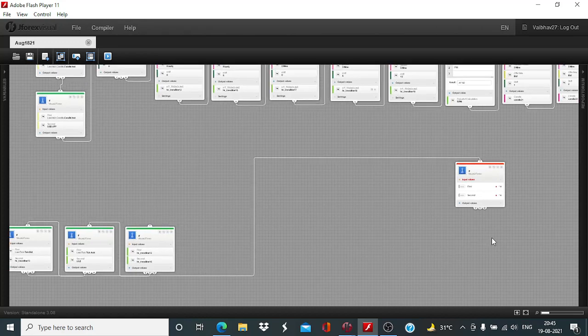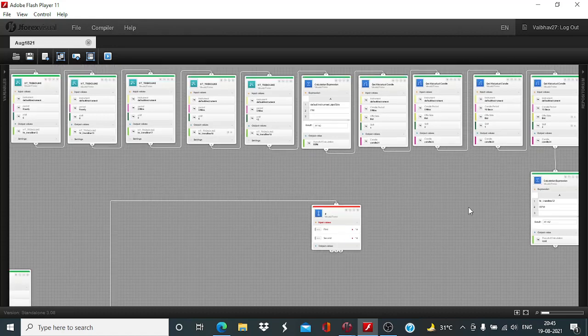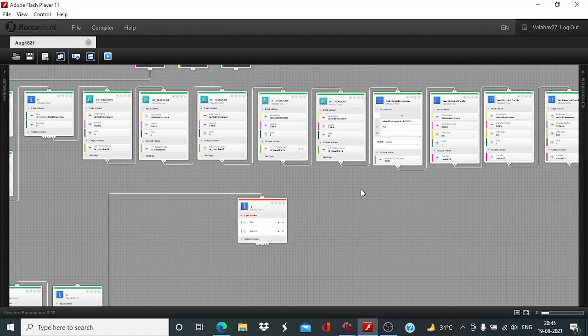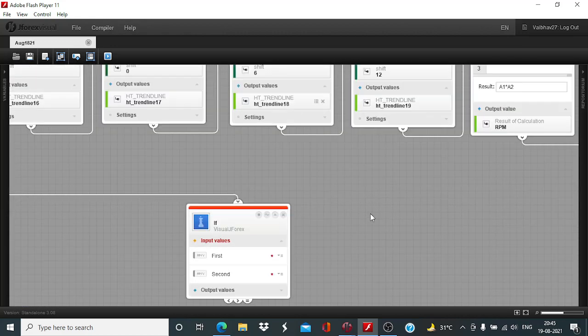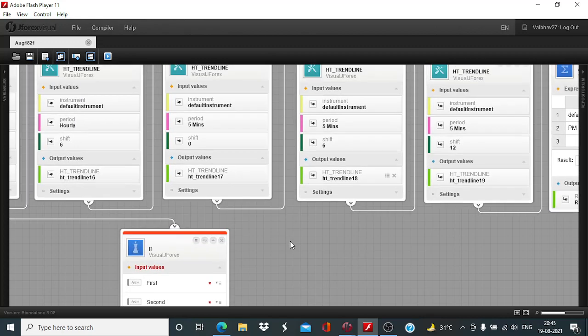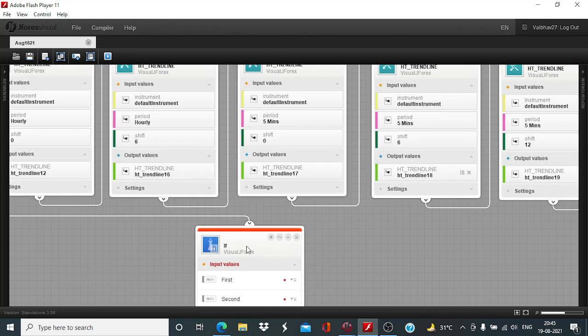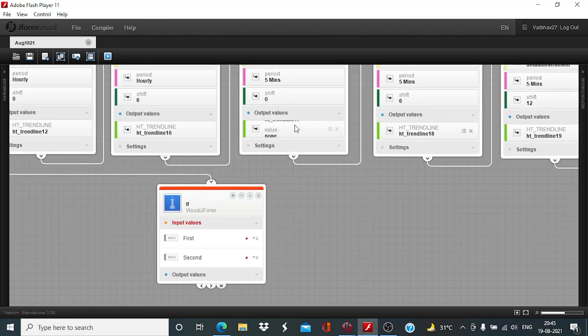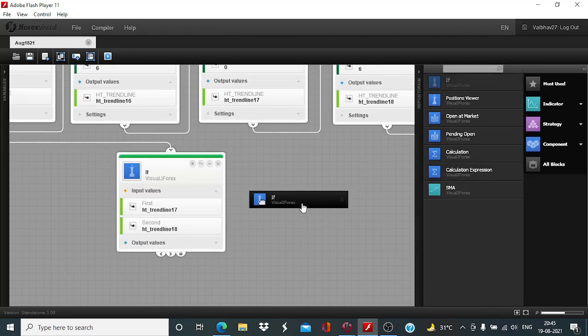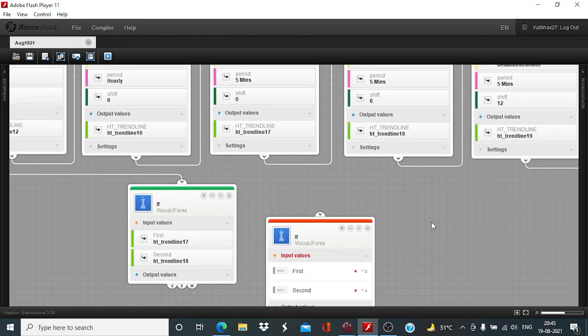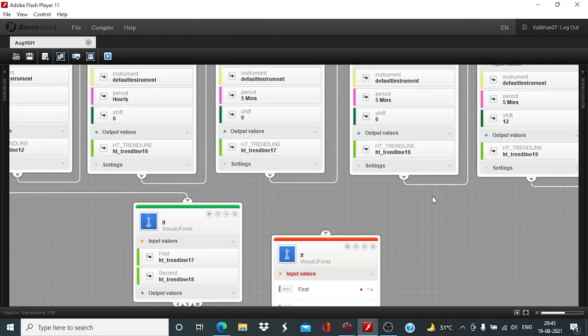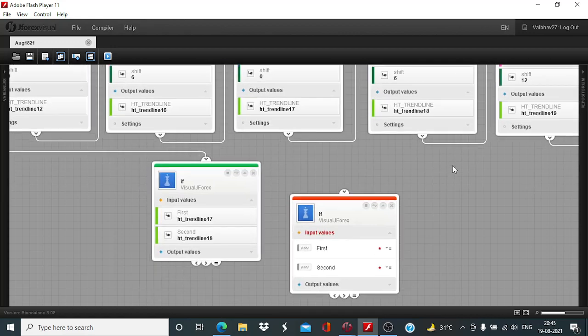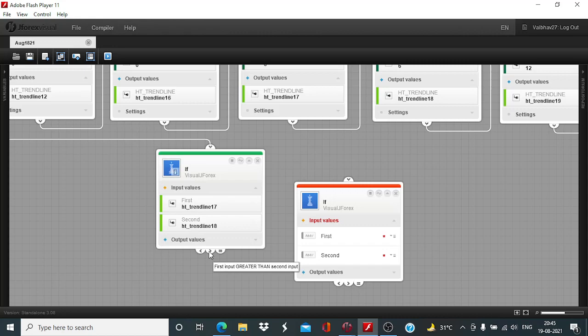Now we will turn our attention to the conditions which need to be fulfilled on the lower time frame of 5 minutes. Here on the 5 minutes, the current 5 minutes HT trend line output needs to be greater than the HT trend line output 30 minutes back, which we are getting using this 5 minutes HT trend line block with the shift value of 6. So first input greater than second input,